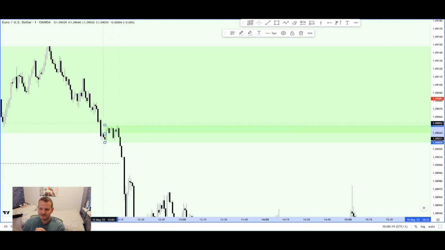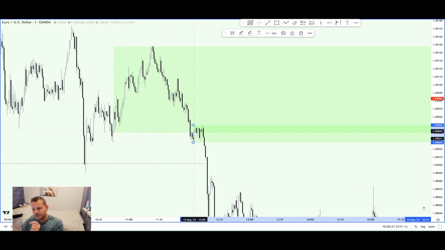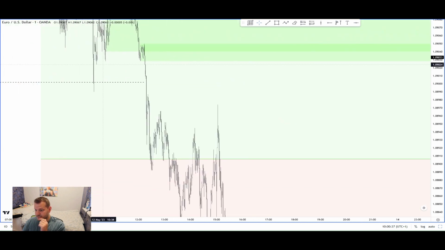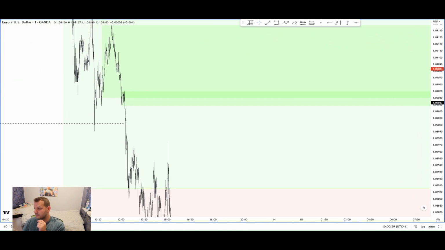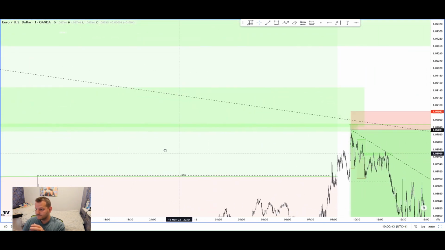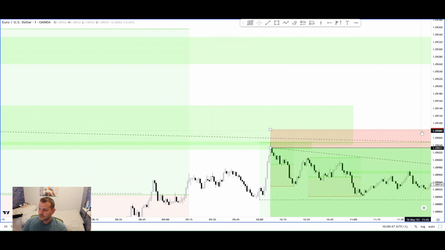Obviously there's little bits of imbalance above there, but we've refined that whole area as just the 1 minute before the massive impulse. I was very interested in that. So I move across. So we had that area marked up, and as soon as it tapped into it,